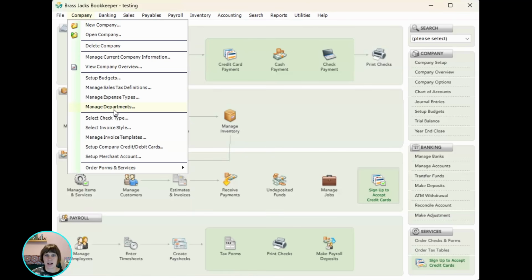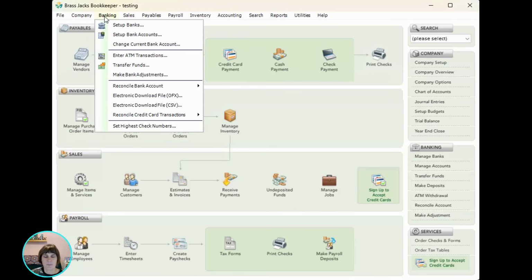And then every transaction will have the option to be coded to a department, including payroll. Expense types. This is for setting up for tax if you were looking at something for a tax return. Check types, invoice styles. There are the different kinds of lists that we have down here, and ordering checks or